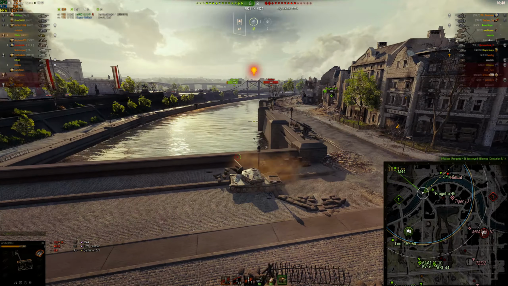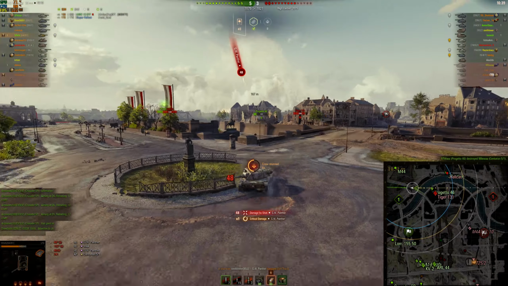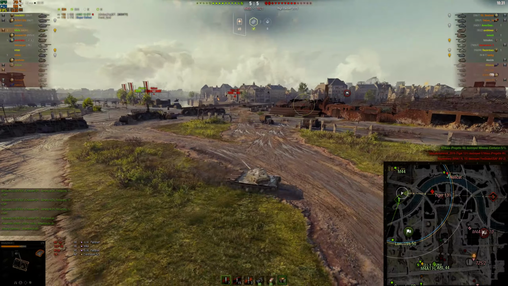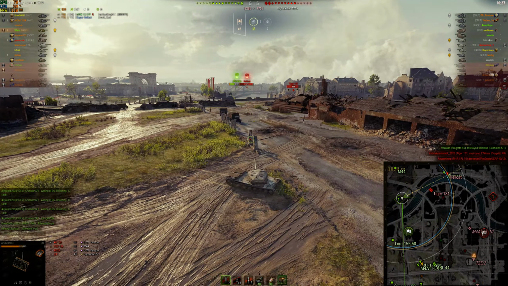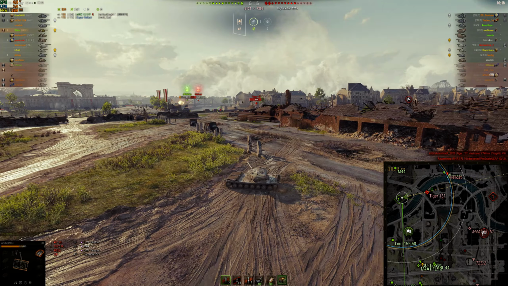Hellcat's here. I try and take a shot on the Hellcat. I get spotted. I miss my shot. He misses his shot. Is what it is, guys. GW Panther is targeting me again, and I'm just kind of trying to maneuver my way out without taking a shot from Artie, and you'll see that the Tiger is now poking around this corner, and